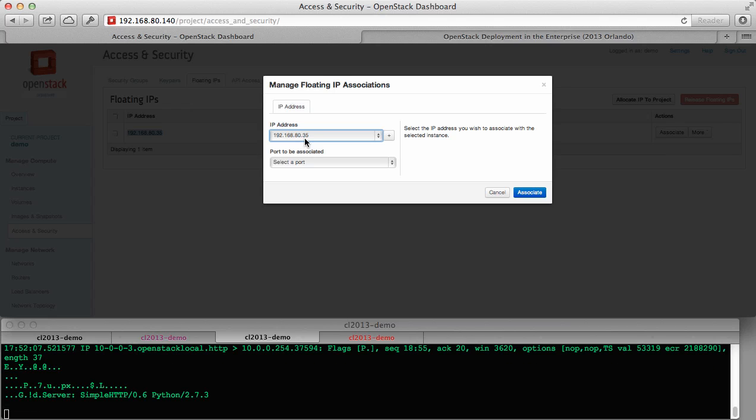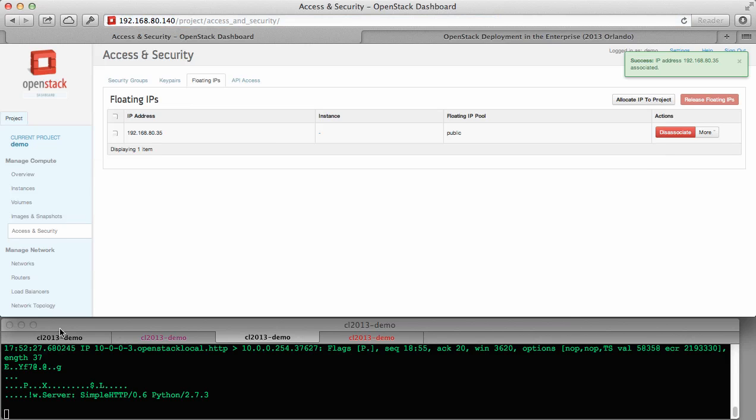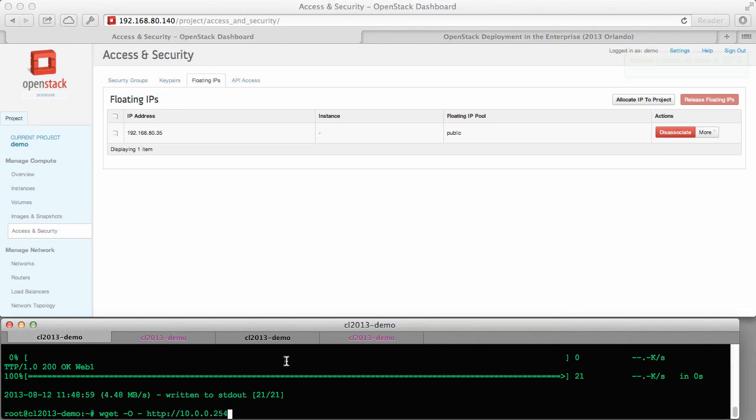floating IP that's available to us, and we're going to select a port to attach it to. Okay, so we can assign it to each one of the web servers, or we can assign it to the VIP, and in the future it won't say none, it will actually represent the actual load balancing service. So we're going to say 254. Okay, so we've now associated that. Now an external system can access that on its public range. Although we're running a private range, it is public to this system. Okay, and so now we can do load balancing web 1, web 2, web 1, web 2 in our